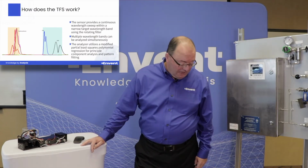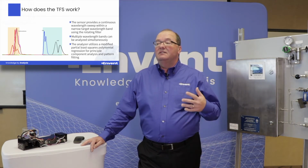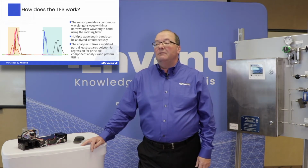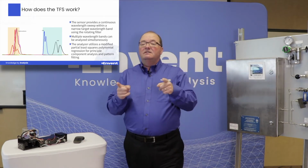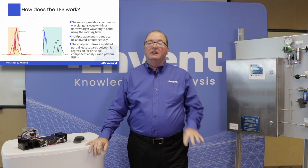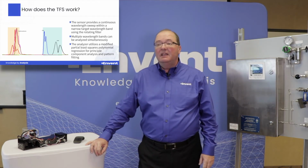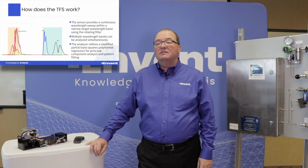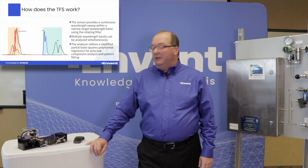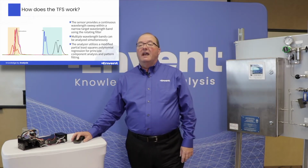Okay, so how does the TFS work? Well, basically the sensor provides a continuous wavelength sweep within a narrow target wavelength. So as I showed you before, you can see on the two columns there is one area of light absorbance where the hydrocarbons reside, and there is one area where the CO2 and H2S reside, okay? So we do an actual sweep using that rotating filter that takes a look at the light absorption of all